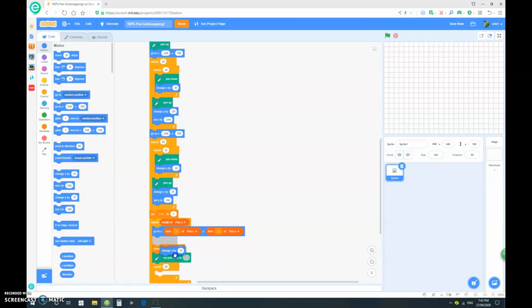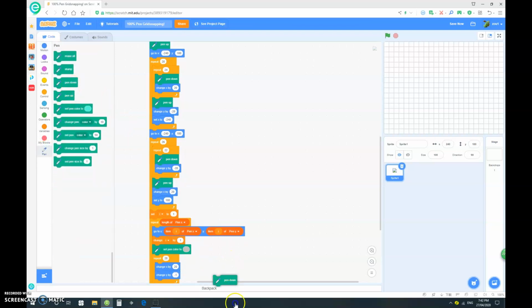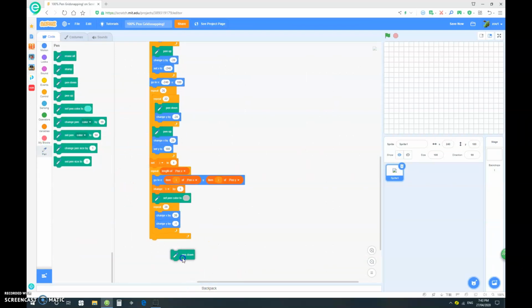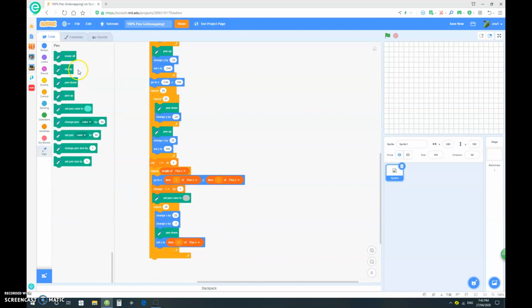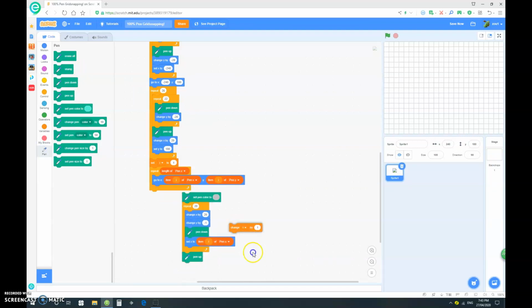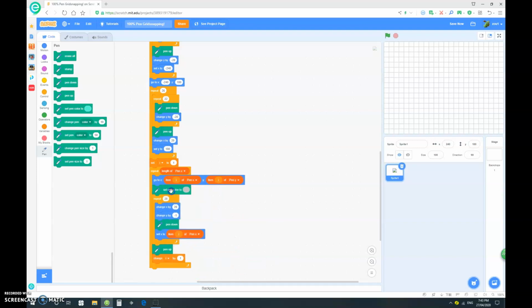Change X by 20, change Y by negative 1, want to pen down, and then we want to go to, we want to set X to item I of pen X, and then we want to pen up and bring that change I by 1 after the pen up. Okay, but currently there is nothing in our pen X and pen Y, so this won't